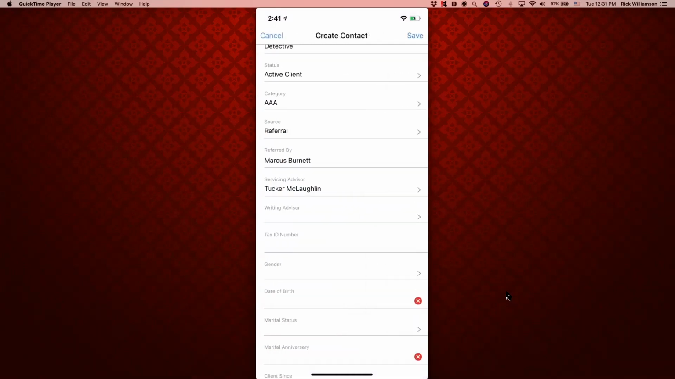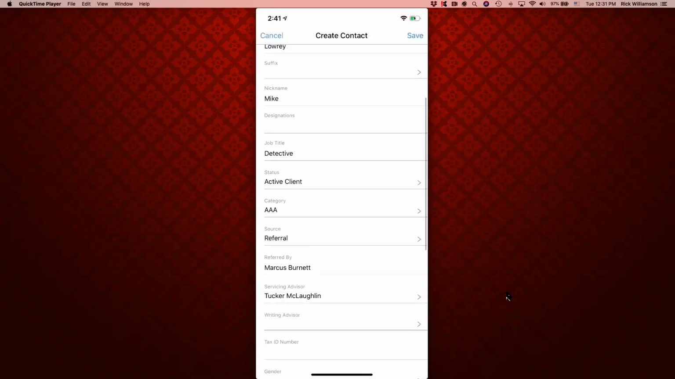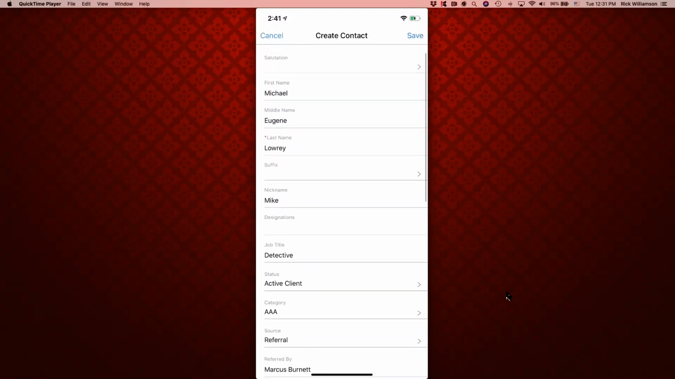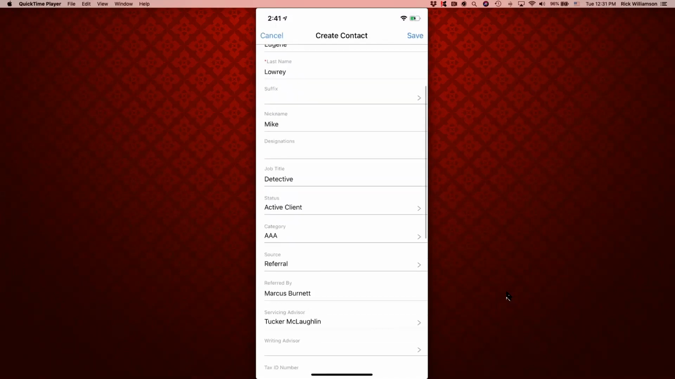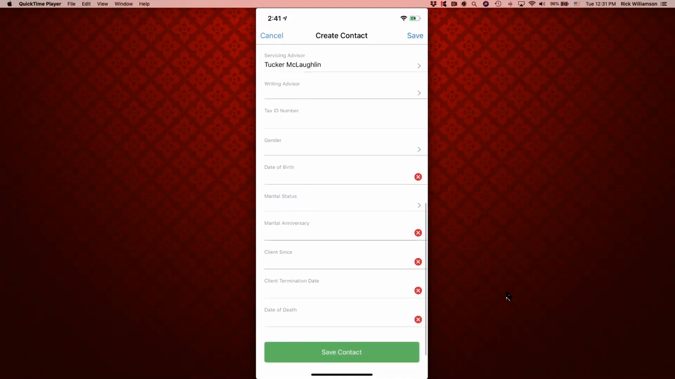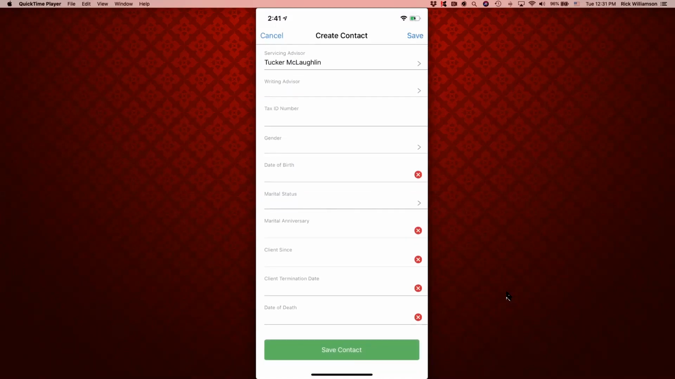I can fill out, as you can see, a lot of different information here. I don't have to fill all of this out. Really, the most important thing is the first and last name. If you have that, then you're fine. Maybe you get a business card, maybe you meet somebody at lunch, whatever. Oh, hey, Mike Lowry. Okay, cool. I'm going to put your first and last name in here, and then everything else I can fill out later on. I can fill out tax ID, gender, date of birth, marital status. I can fill all that out later on. I can then save that